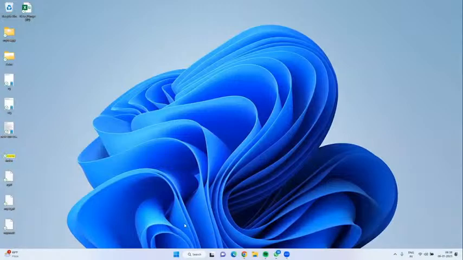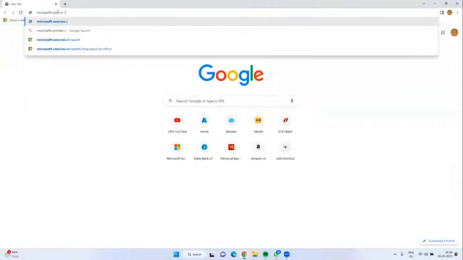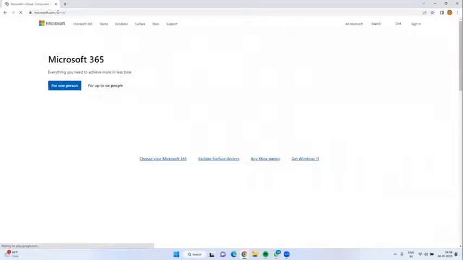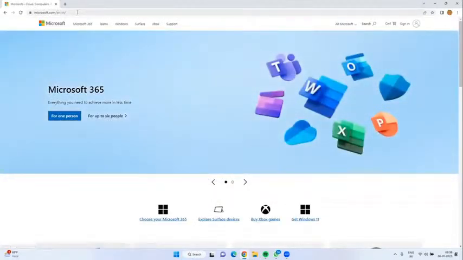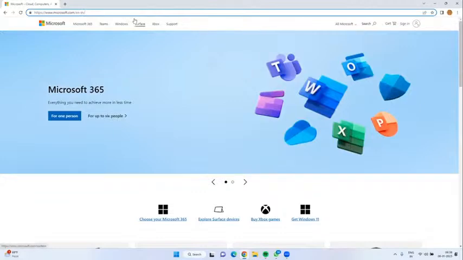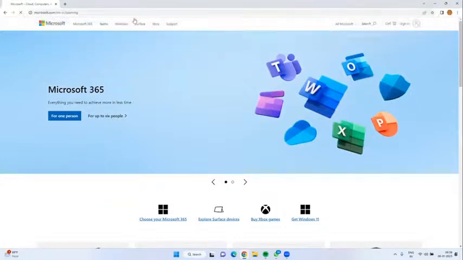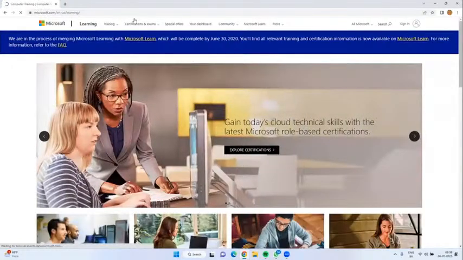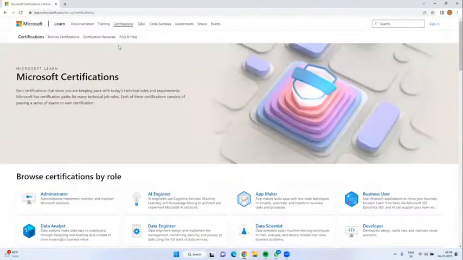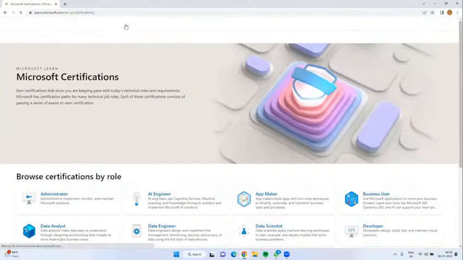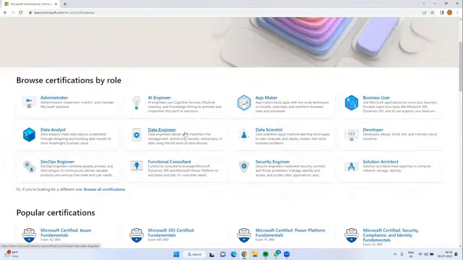For Azure, if you need any certificate information, just go to Microsoft.com. This is the official site. At the end of the URL, just type learning. These are the different types of certifications.